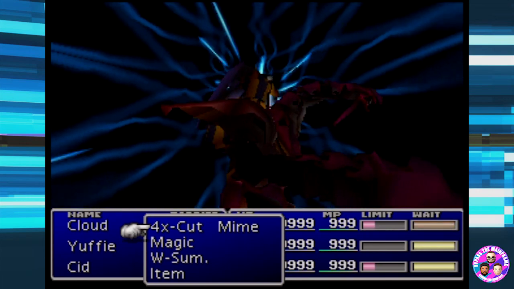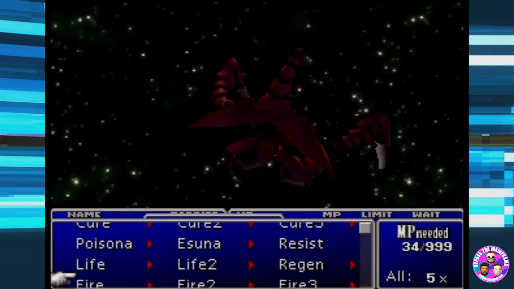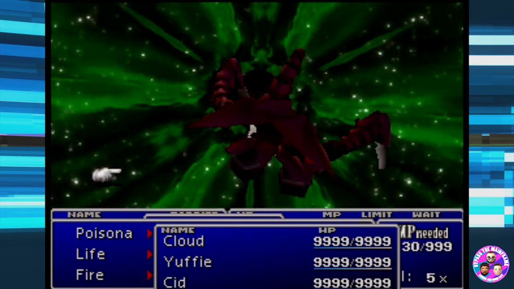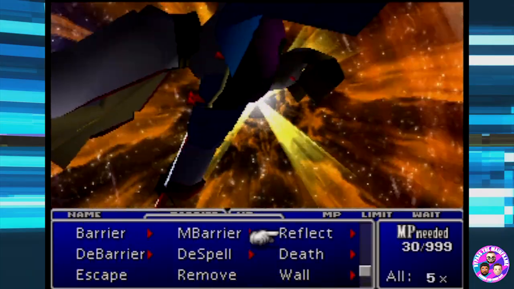What are we gonna do with Cloud? Let's see, how's our shields? They're low. Let's see what happens. We need a region. Oh yeah, everything's run out. I mean, we don't need it, but we'll throw a haste on, because Cloud is not my main spellcaster, and there's really no...